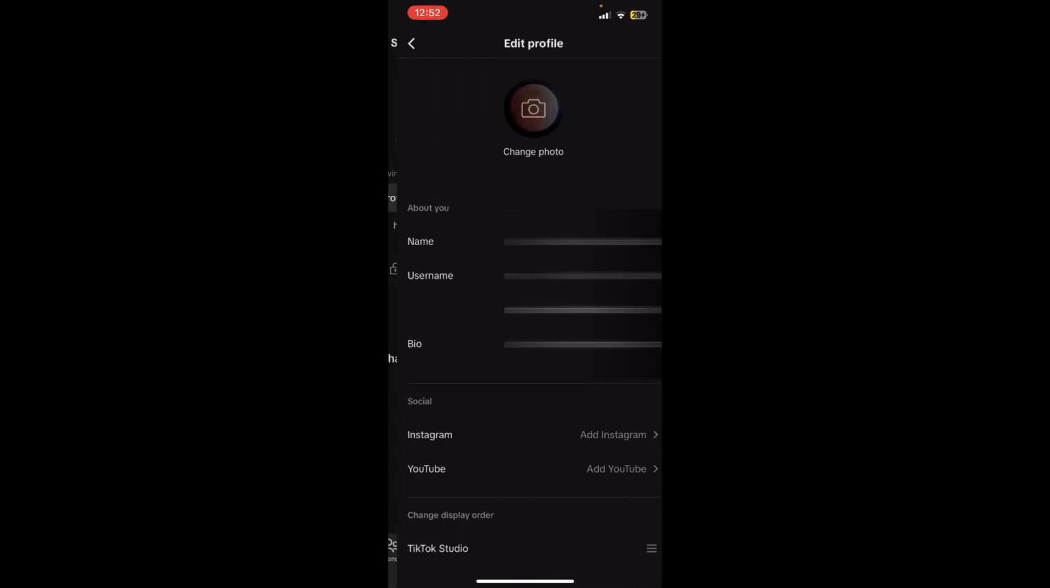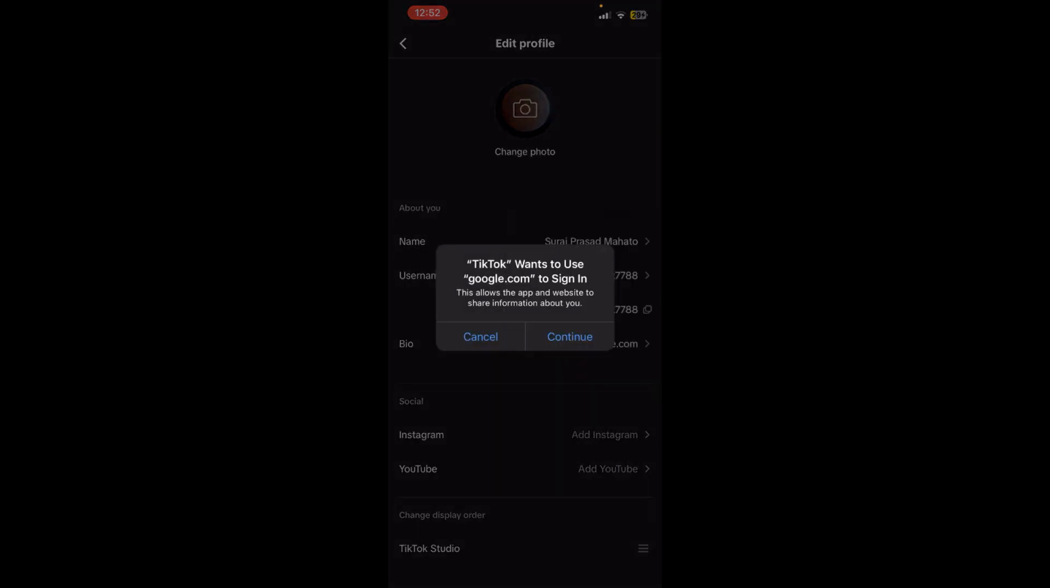Just tap on it, and now at the bottom you can see YouTube, and at right side you can see add YouTube. Just simply tap over there and you can continue and complete the formalities, and you will be able to add your YouTube link on TikTok successfully. So basically this is how you can add YouTube link on TikTok, and if you still encounter any issue during